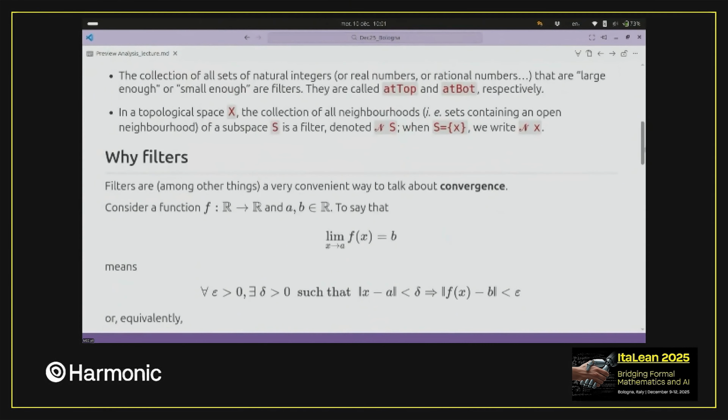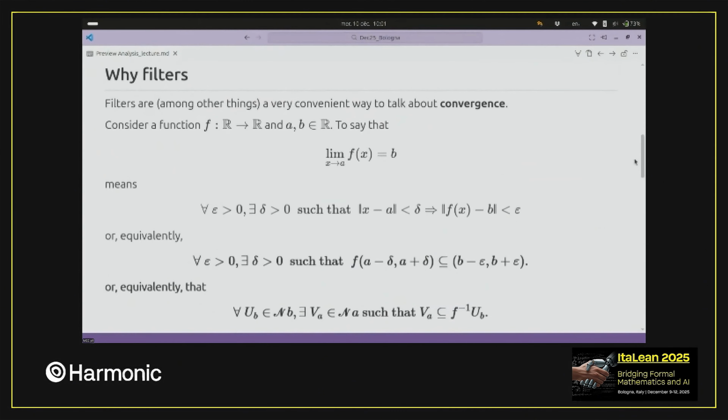Now let's see, okay, all these might seem nice. Let's see why they're useful. So why are we using filters? Well, there are many reasons. They are really ubiquitous in the library. You find filters, I would say, almost everywhere in the library, and almost everywhere is a filter, by the way,